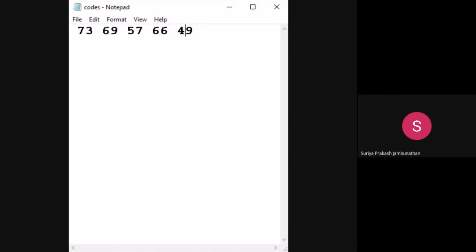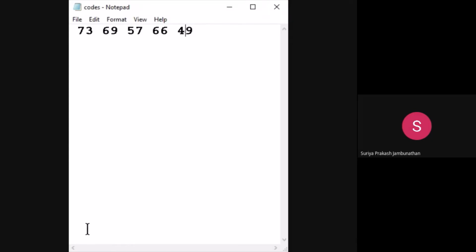So while giving this value, give it with proper single tab space, otherwise the program will show error. So this is the unsorted array what we have. For this unsorted array, we are reading this file and doing the sorting operation using quicksort.